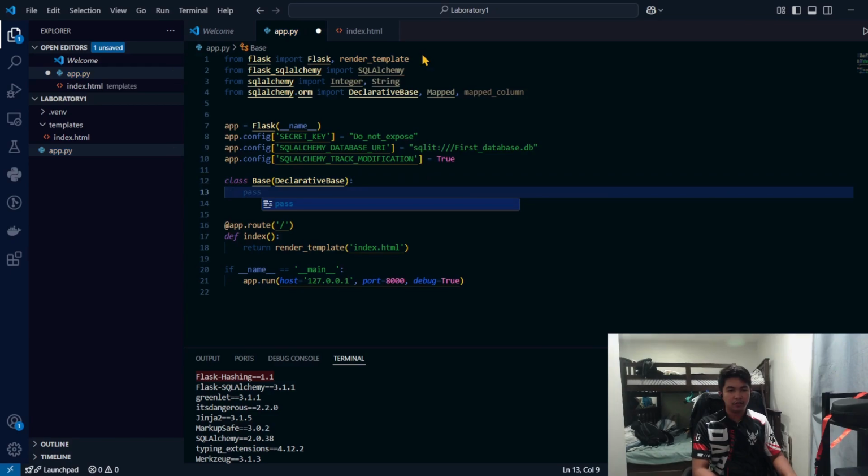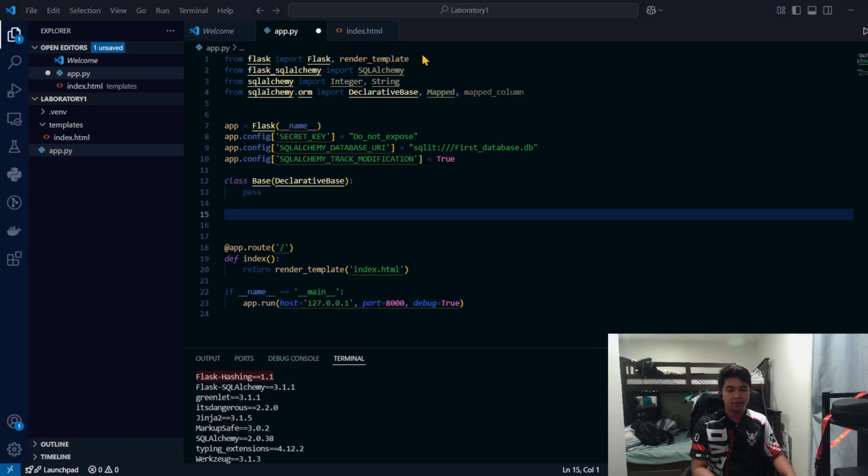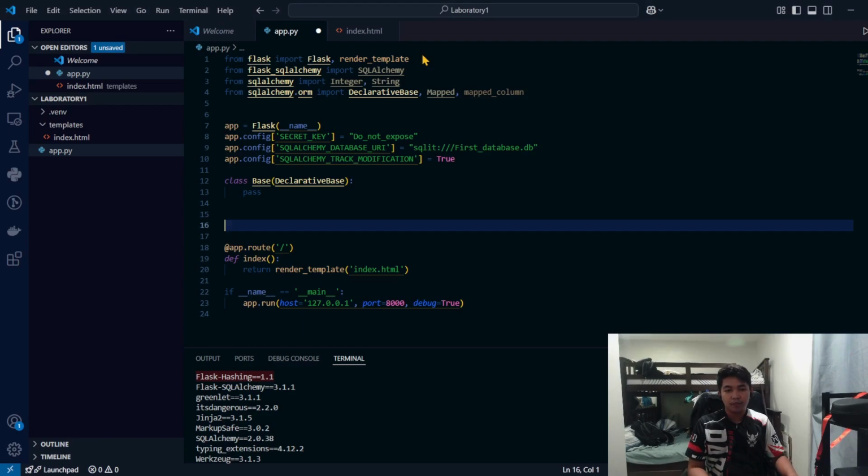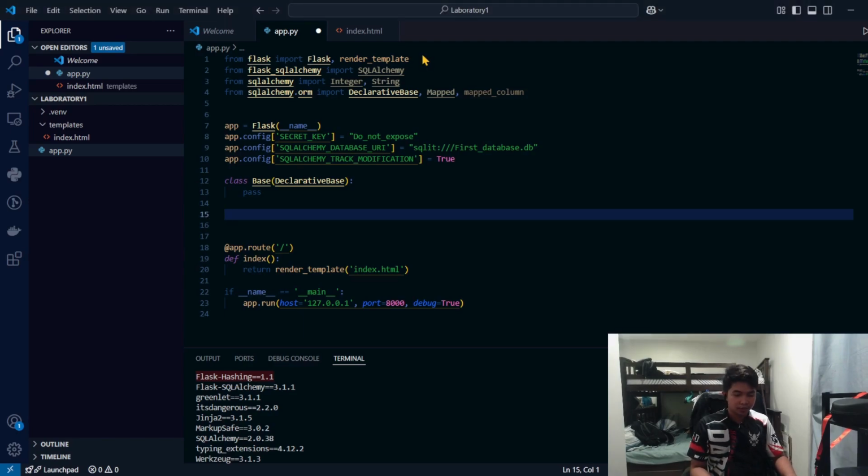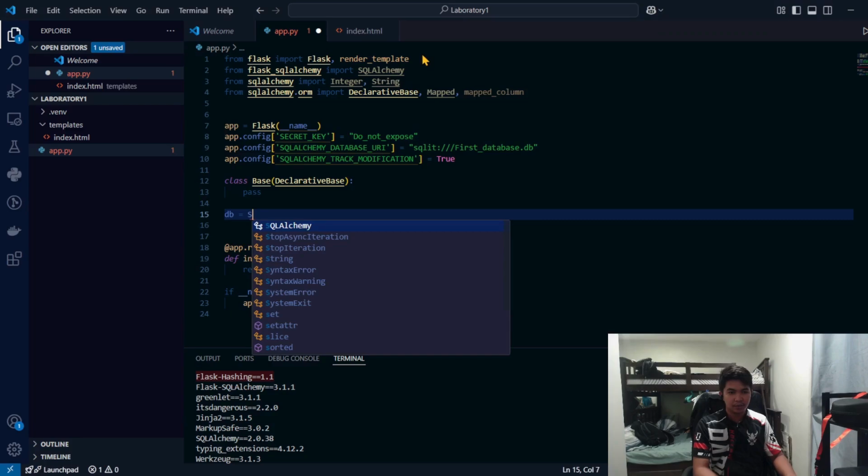Through this, we make the Base as a declarative base to make a common, structured base in our database. Next, we must declare our database, which is named db variable, and put in our SQL Alchemy, the model class Base.